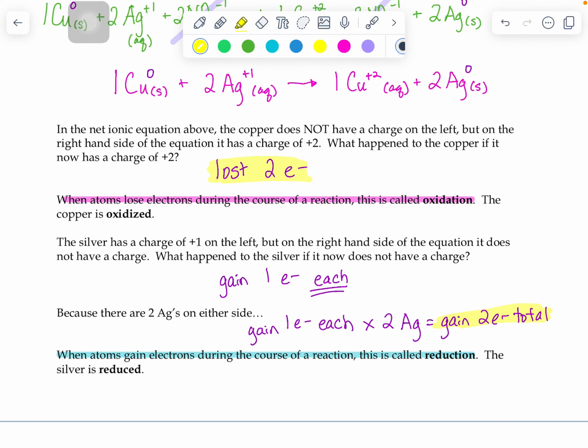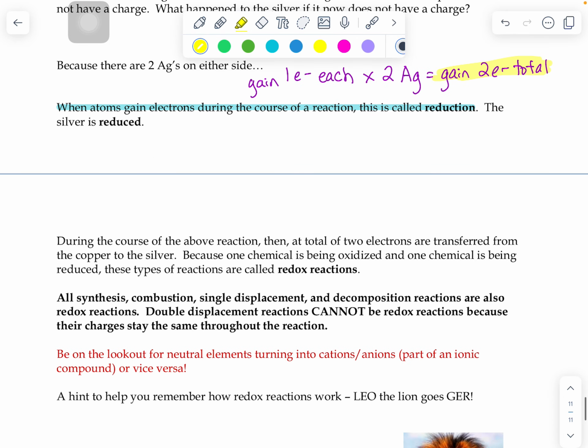So when we look at this reaction, you can see that whatever the copper lost, the silver gained. The copper was oxidized during the course of the reaction. It lost electrons, and the silver was reduced. It gained electrons. Because whenever you have one chemical being oxidized, giving away electrons, there has to be somebody